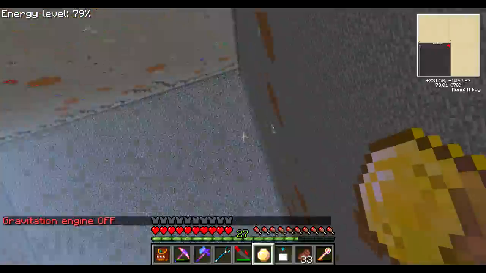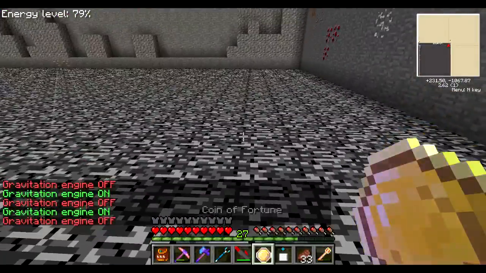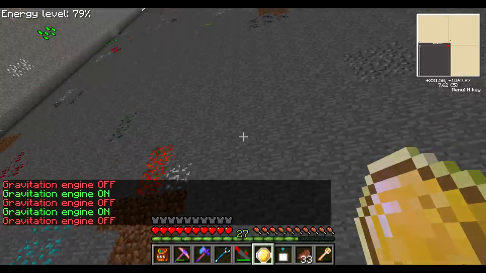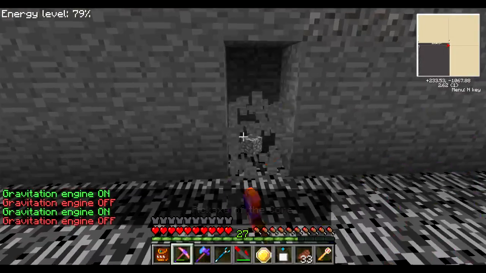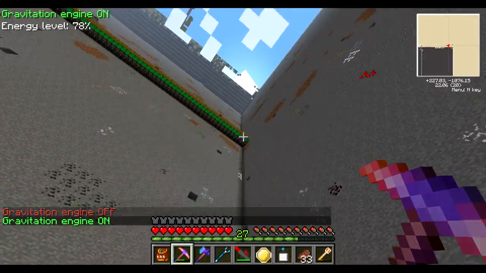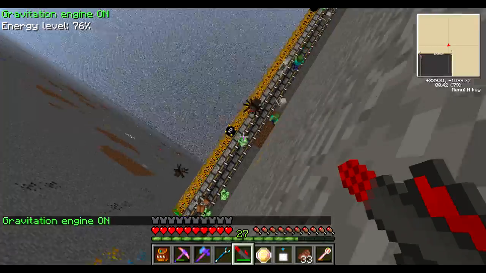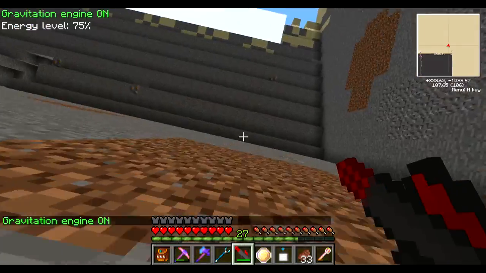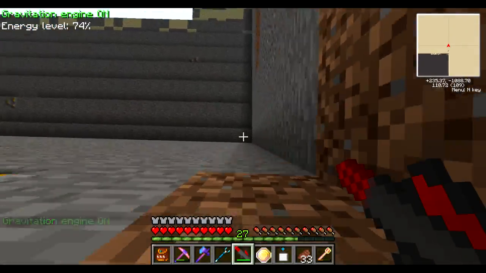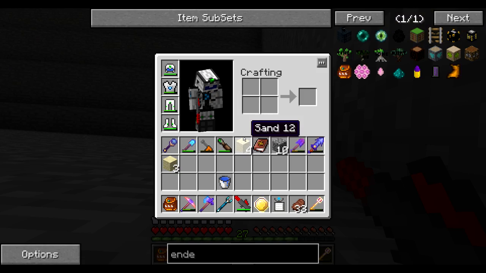Okay, I think the coin isn't working exactly the way it should. Or is it? Okay, it is collecting. I don't know. Anyway, my idea here was to keep mining here and use the coin to help me out. I almost made the creeper explode by accident without thinking. But hopefully, doing what I'm doing right now